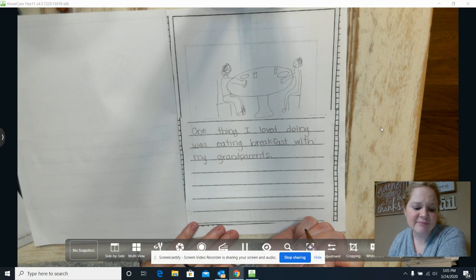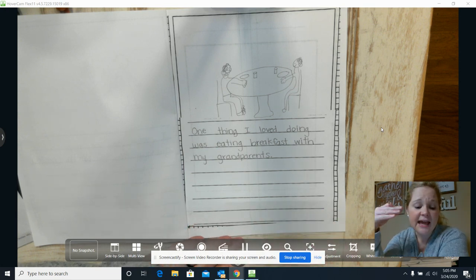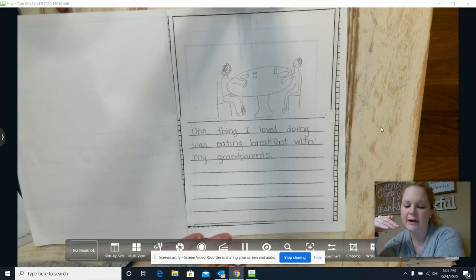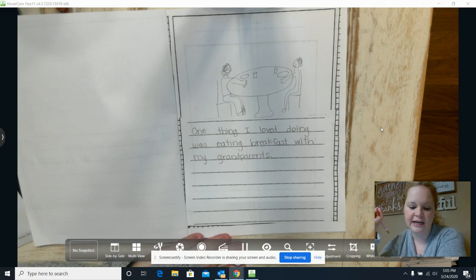Okay, guys? Today you're going to go back and I want you to look at your first page. I want you to see what you did before and then think about what you want to write next and write your next page, draw a picture. Does it have to be perfect? No, just do your very best and add words to help your readers understand your